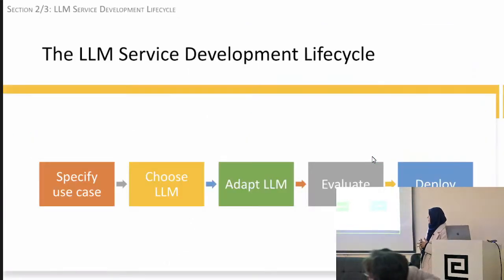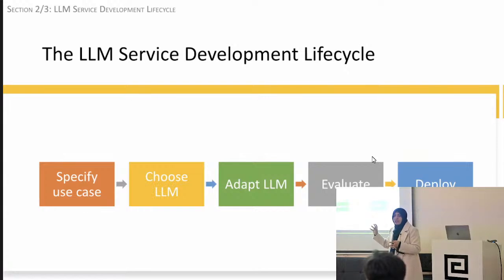So the LLM service development lifecycle, again, these steps are not set in stone yet because it's a relatively new field, but this has emerged over the last couple of years as a kind of standard set of steps that you follow when you've got a use case and you need to deploy an LLM that serves that need, okay? So you start from specifying your use case like you would for any project. You choose an LLM, an existing LLM.